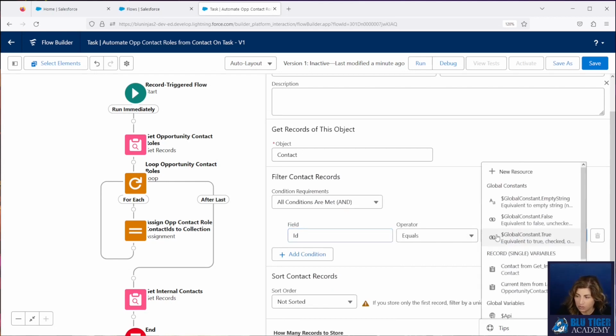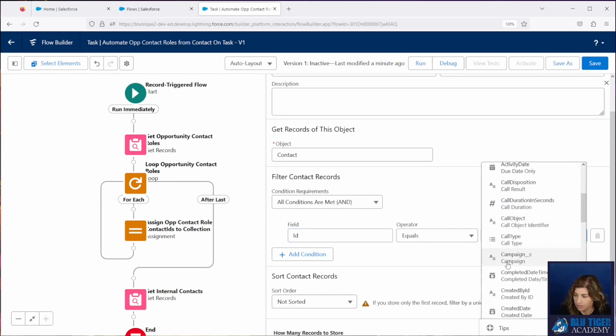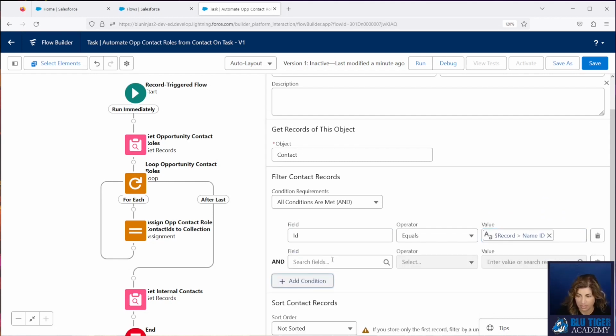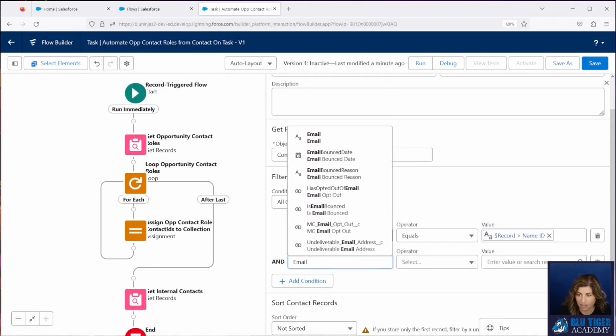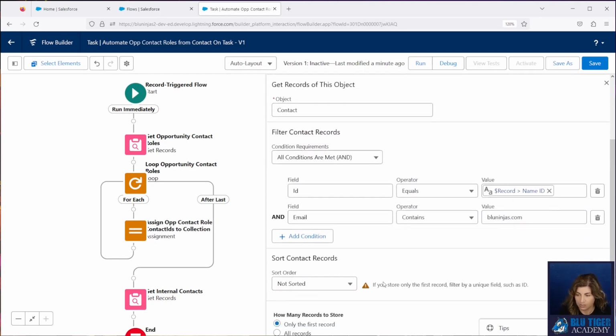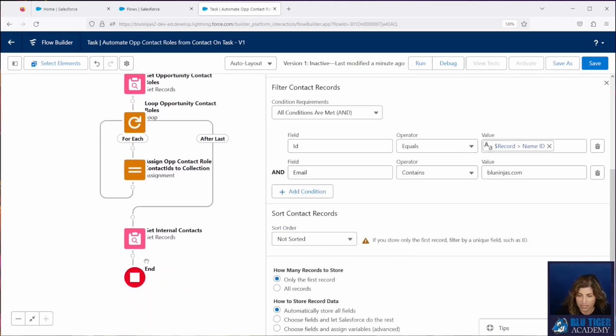So we're going to look for any internal contacts that are related to our task and have an internal email address. So here's where you would put your internal email address. We'll put blueninjas.com, and this should only be one record. So we'll leave this set to only one record, and then we'll come down here and we'll do a decision.